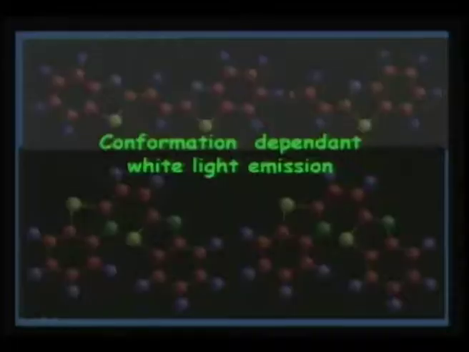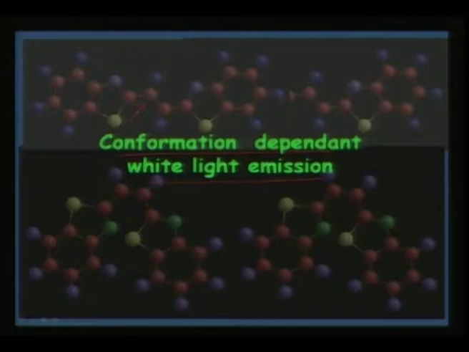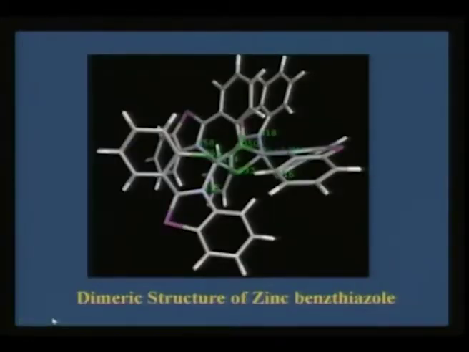As I told you in the last class, if I have the conformation dependent white light emission, either if it is a trans DBE or cis DBE molecule, how we can tune the white light emission. And in the last lecture, I also showed to you about zinc Benz thiazole, how when you make a device out of it, the interface is actually helping in white light emission.